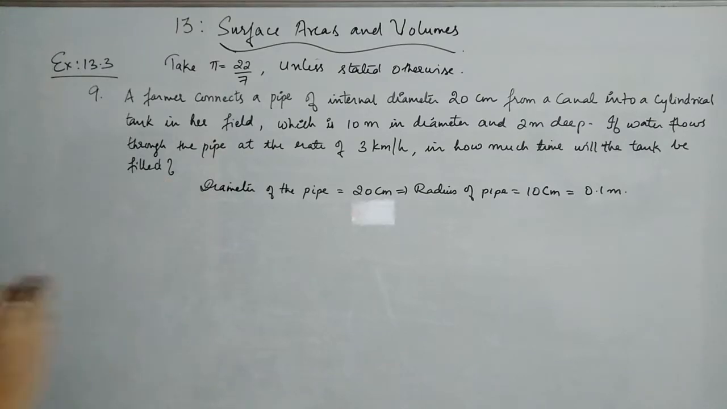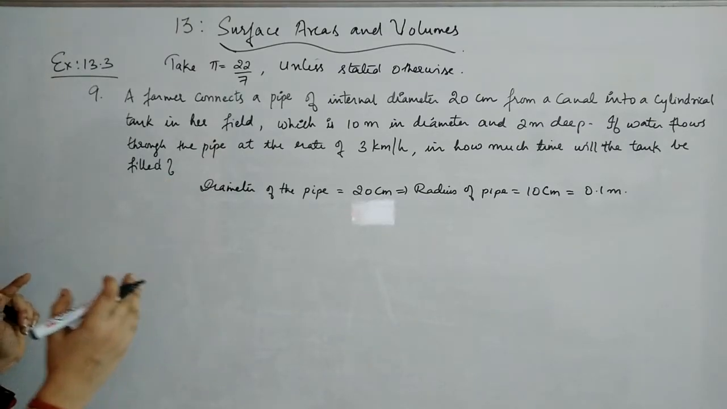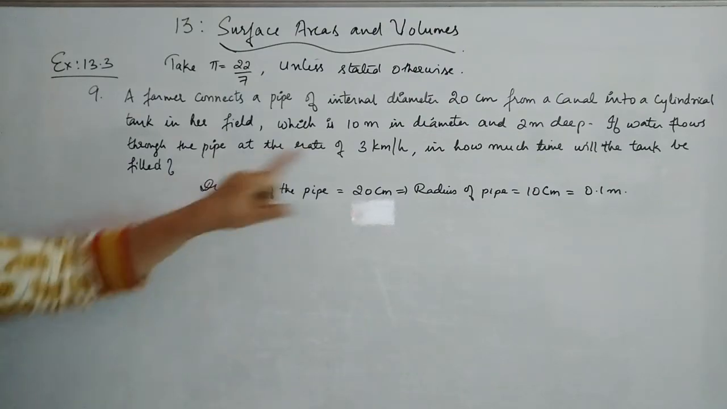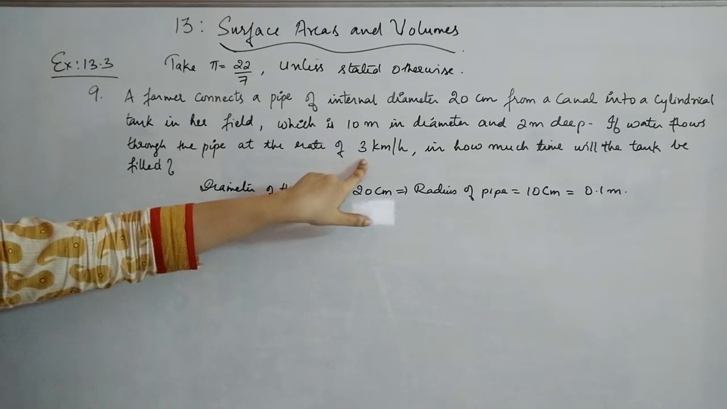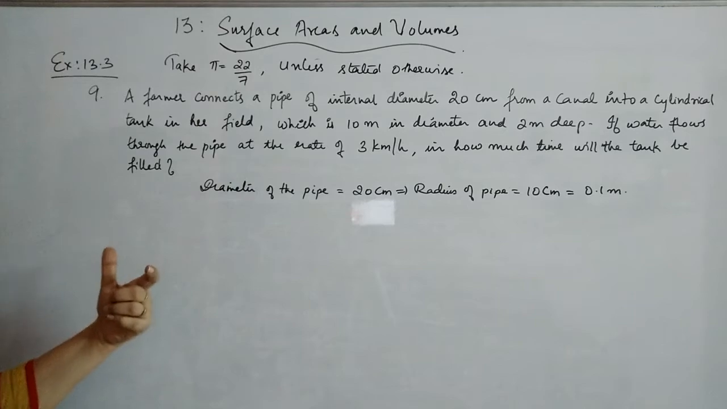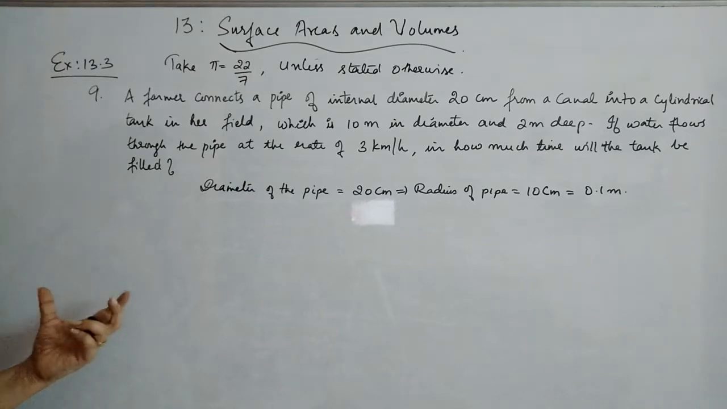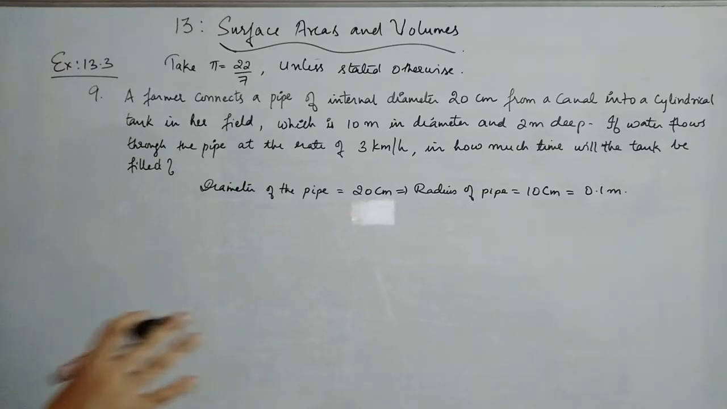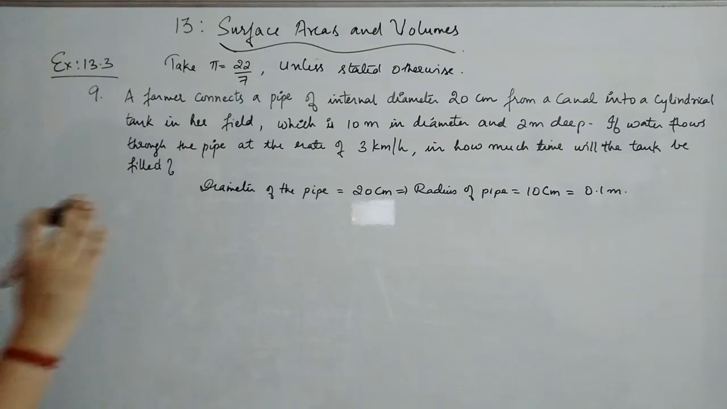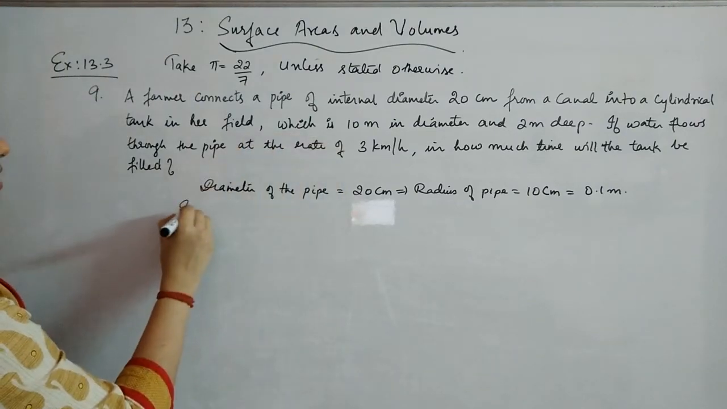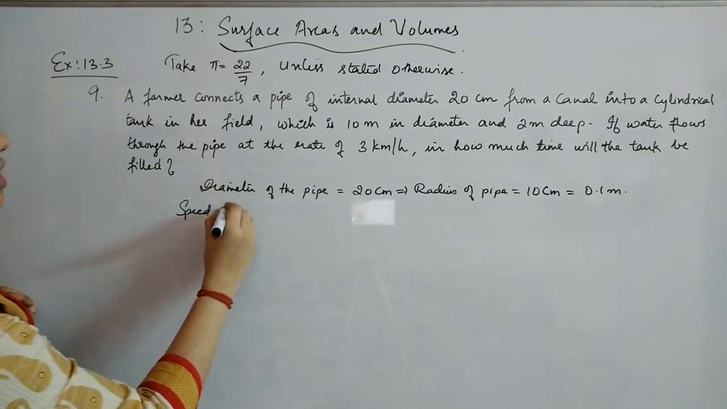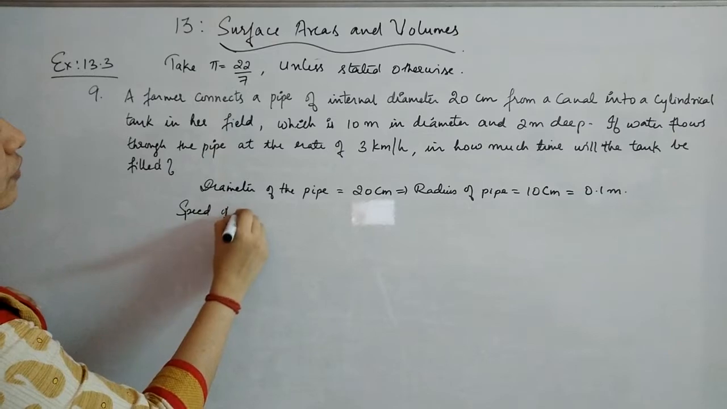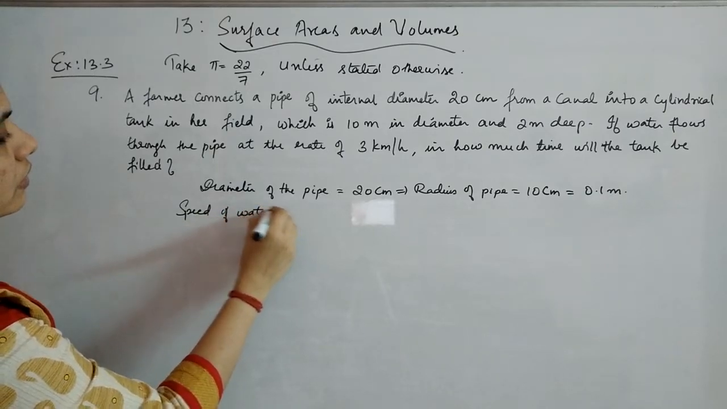When we say speed at the rate of, that speed is actually distance by time. So in 1 hour, the speed of the water flowing is 3 km. We have to find out in how much time the tank is being filled. For that, first we will convert the speed of water flowing